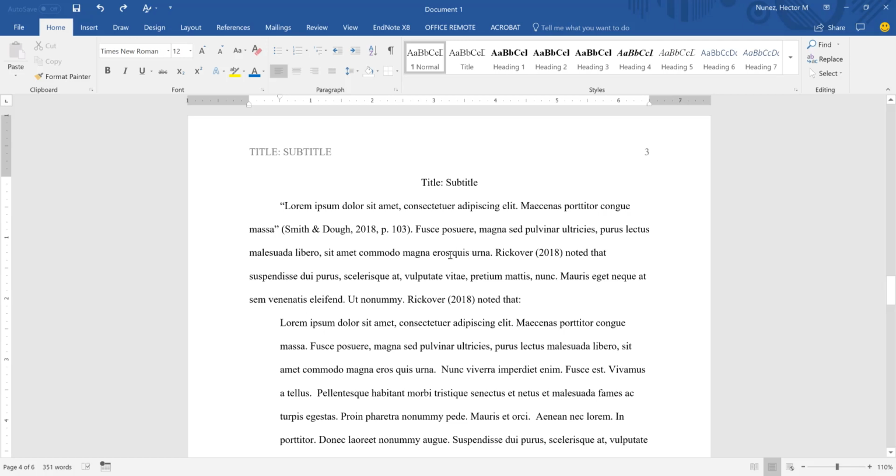What I would rather see instead of direct quotes is something along these lines. So here I have something that Rickover says. So Rickover noted that, and I'm paraphrasing, I'm putting in my own words. I'm not using his words and then changing ands or alsos and buts. I'm not changing just a few words. I'm literally rephrasing it, because it supports something that I can say constructively and I can say it in a good way, and I don't need to